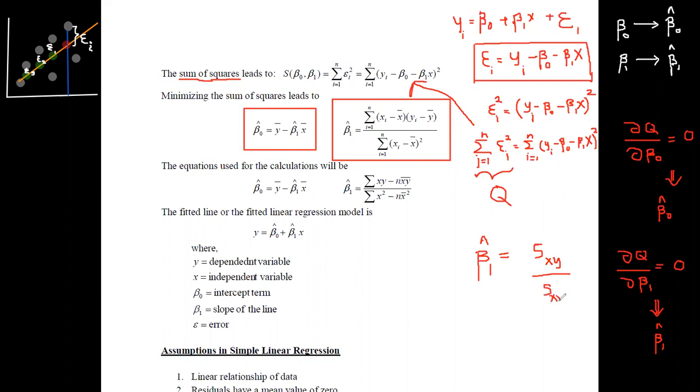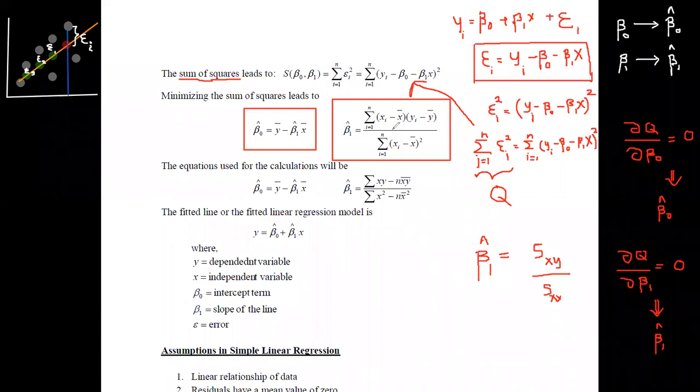Therefore, this is denoted by beta 1 hat. If you refer to these equations on the internet or in other books, you can see this equation also. Sxy you can define using this equation, and the equation for Sx is this. But for calculations, using this beta 1 hat equation will not be that easy. Therefore, for ease of calculation, you can multiply these terms and then cancel out the terms which have pluses and minuses.